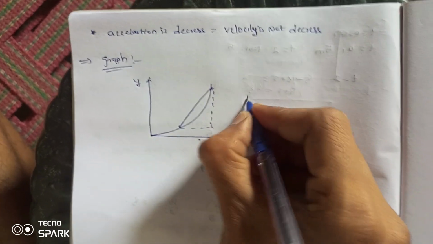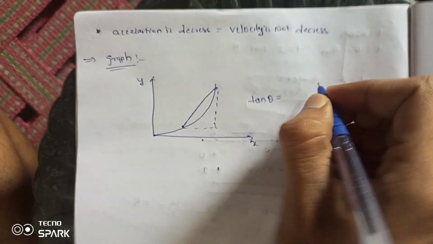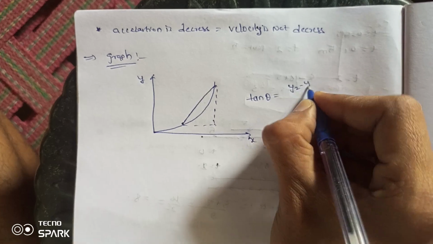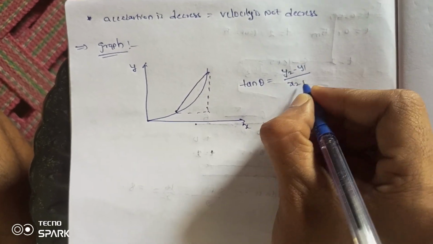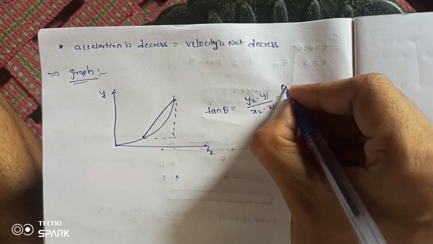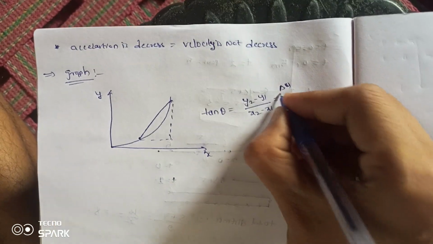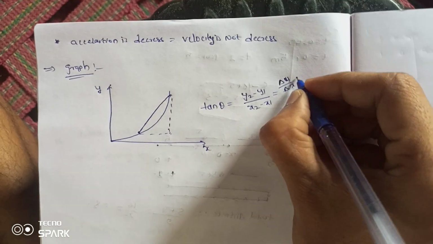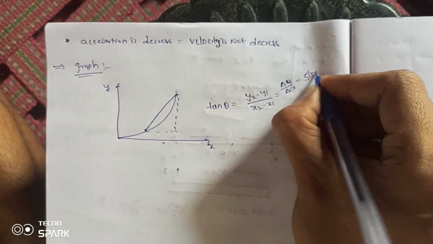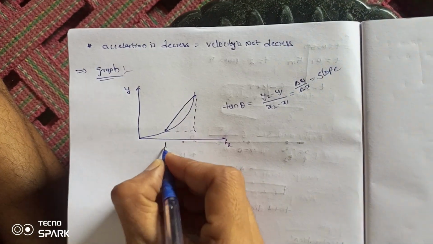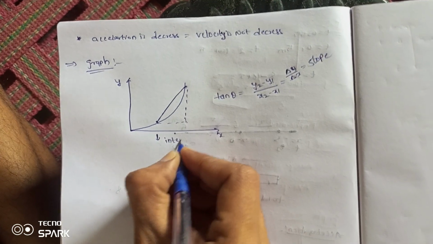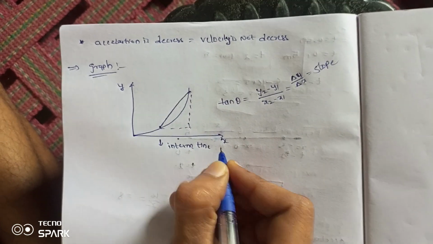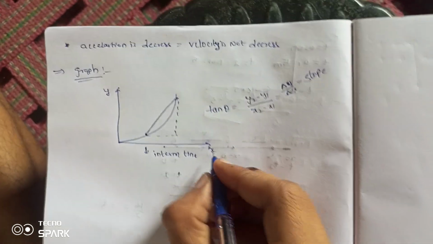Tan theta is the vertical component by the horizontal component, del y by del x. This is the slope. And in this graph, in terms of time and position,